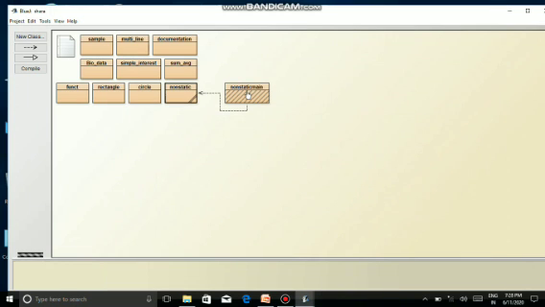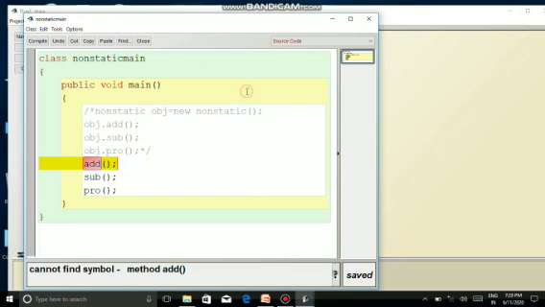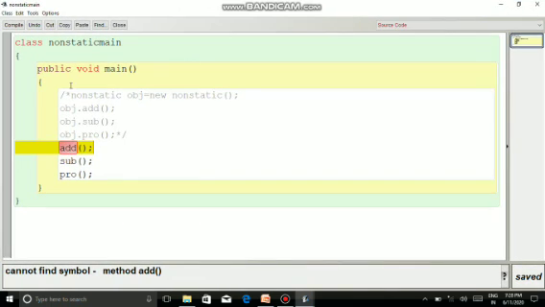Minimize, and I have created one more class called non-static main. Inside that class, public void main, and I'm calling the add function, sub function and pro function. Compile and see, and here you can see that it is showing an error, cannot find symbol, method add.